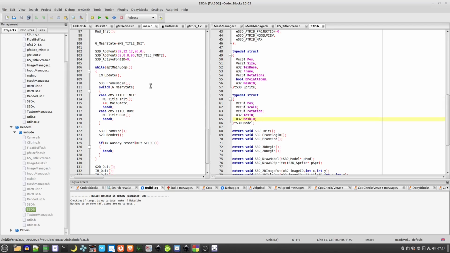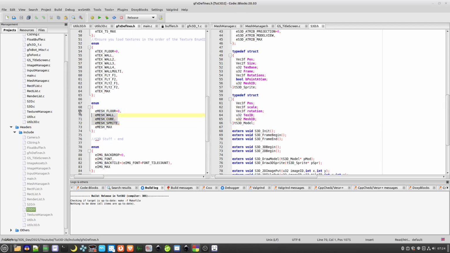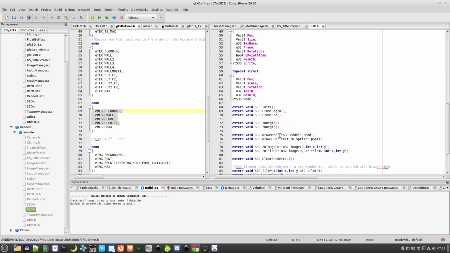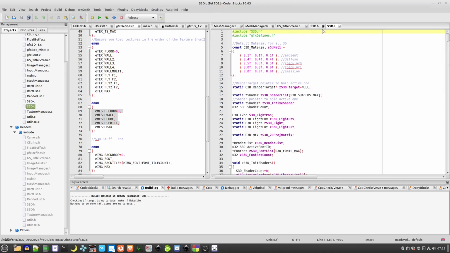The mesh ID obviously will be one of these. You then fill out these for where you want and how big you want a model to be, and then call draw model, and then internally what that does